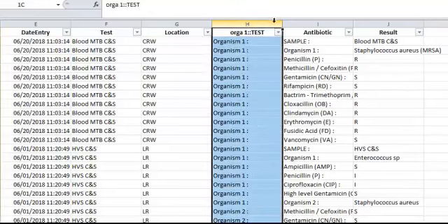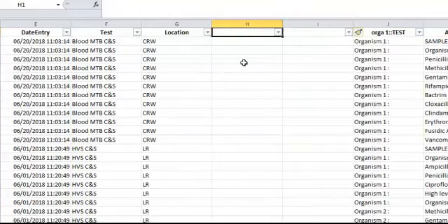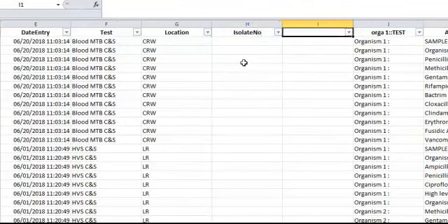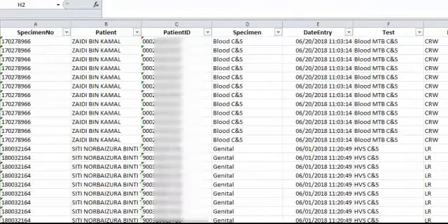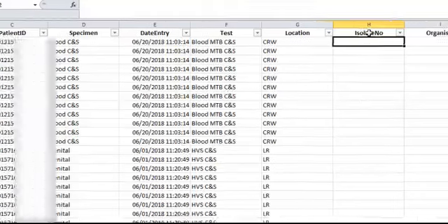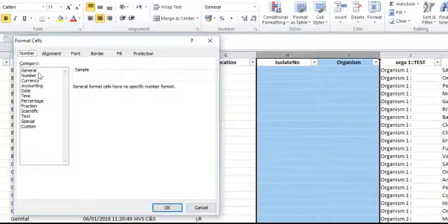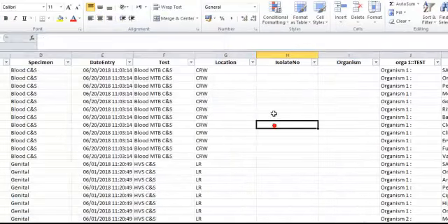Perhaps I would like to insert two columns here. The first column I call isolate number, and the second column is organisms. As you can see here, there's the green mark there. So this Excel file could probably be all in text format. To be safe, I would like to reformat these two columns into a general format so that I can use